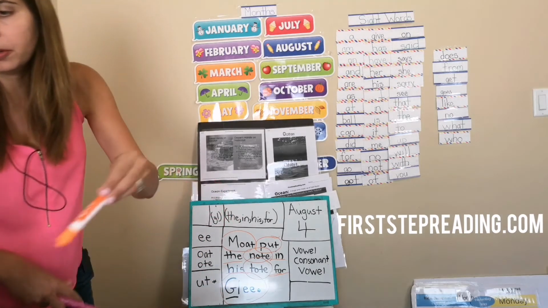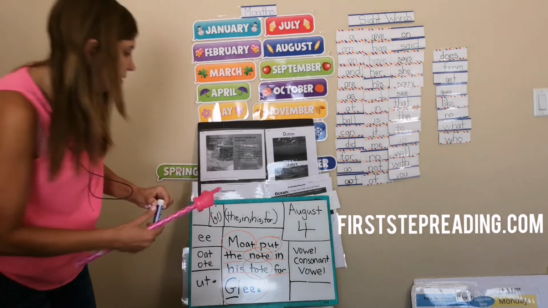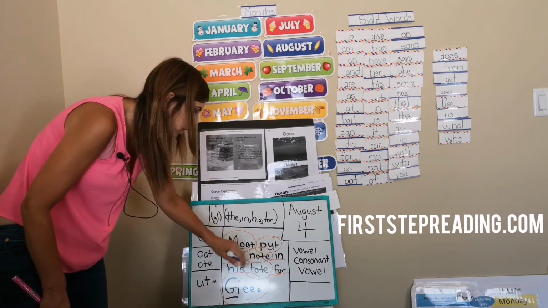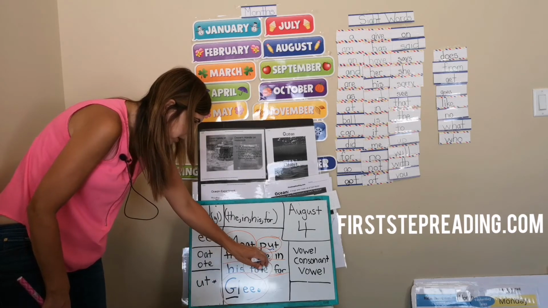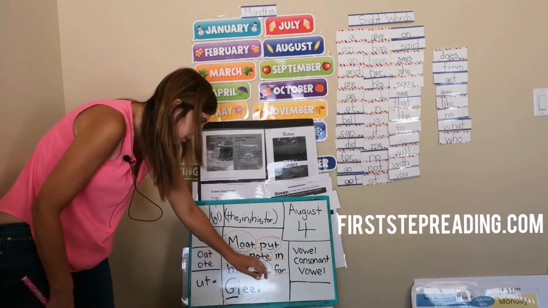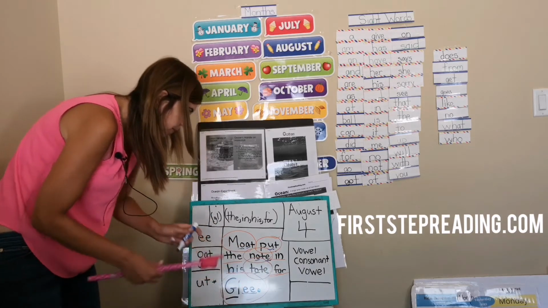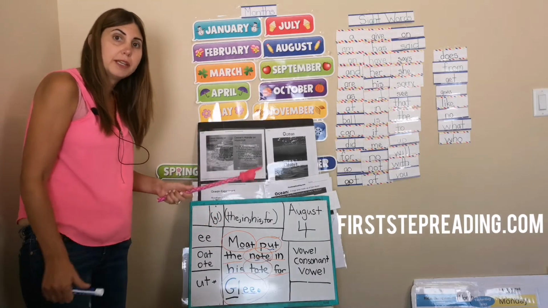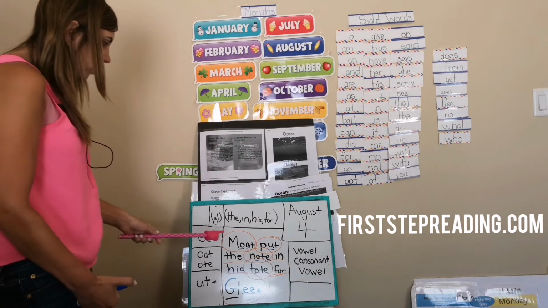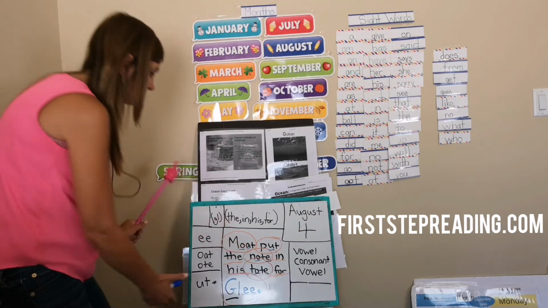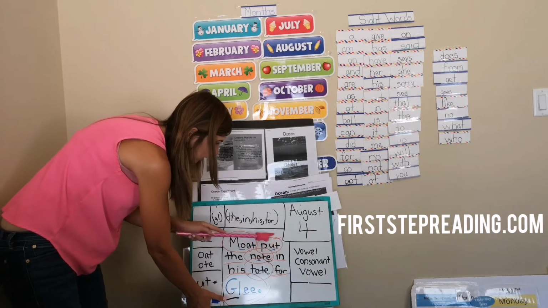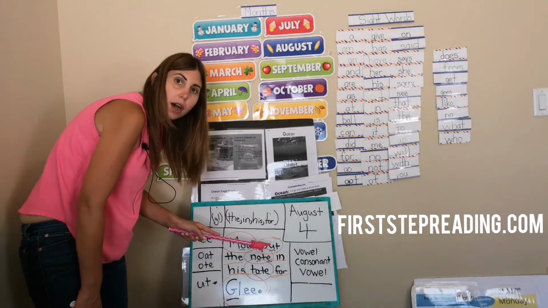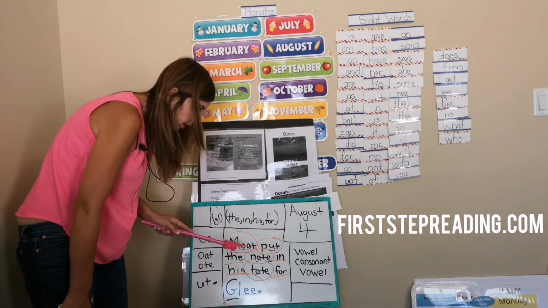I'm going to underline my vowels because I know vowels are very important. If I see 2 vowels next to each other, it's a long vowel word. And if I see a vowel, a consonant, and a vowel, it's also a long vowel word. So the first vowel is going to say its name, the second vowel is going to say nothing, and the consonant makes its normal sound. So let's get started. M-O-T, moat. Now look, there's only one vowel. So this doesn't say O, it says the short vowel sound. So moat,